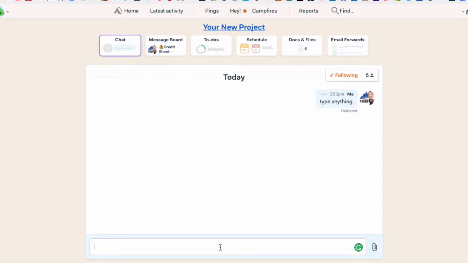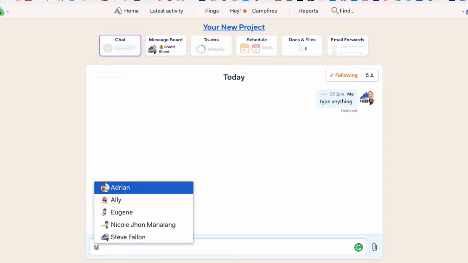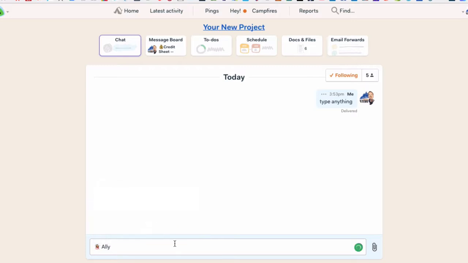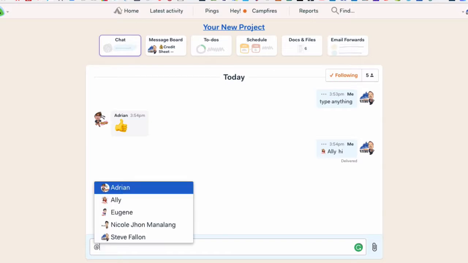Now, if you want to notify someone that they've got a chat, that you're talking to them or something like that, all you do is you hit the add symbol, and then you choose whoever it is, and then you start talking. Okay, so I've got Adrian here. Adrian's just come back to me because when I typed anything, he's just given me a thumbs up. So I'll just go to at Adrian